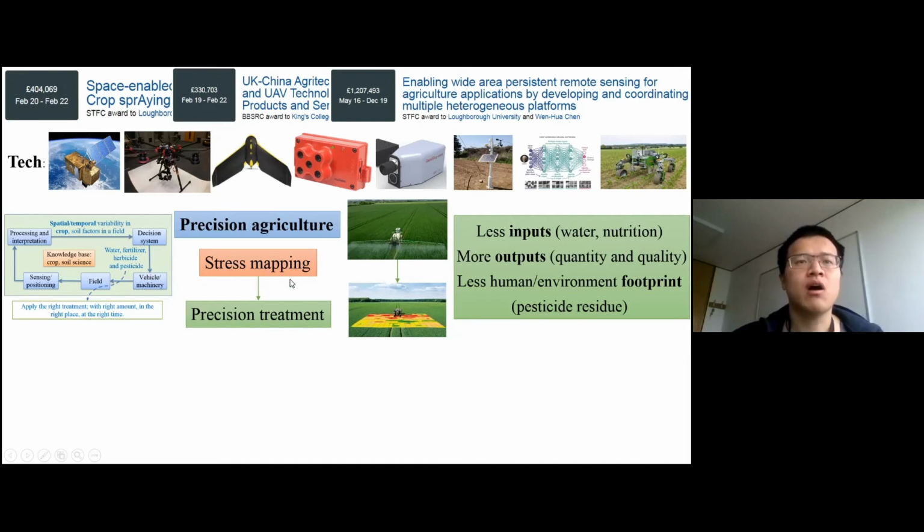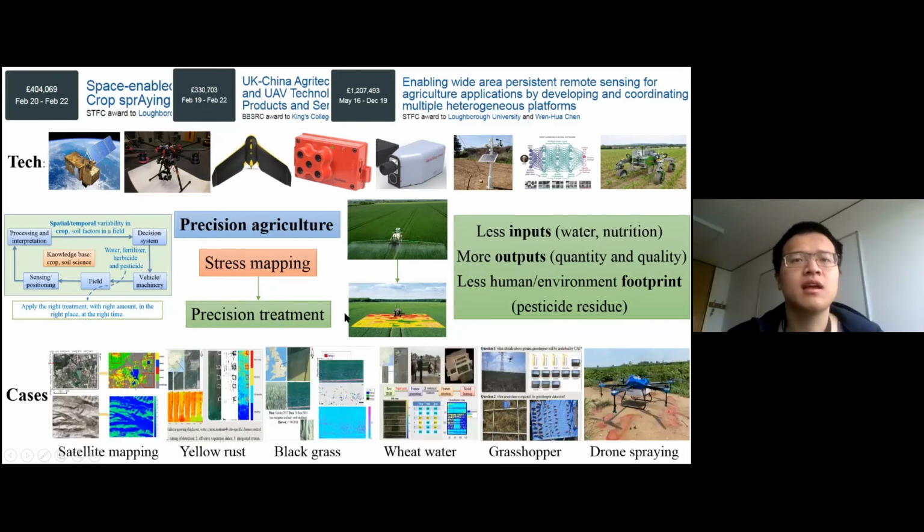In precision agriculture, the treatment map is based on a stress map rather than implemented in a uniform way. As a result, we can see there's less input, the water and nutrition, with more output, the quantity and the quality, and less human environmental footprint due to reduced pesticide residue.